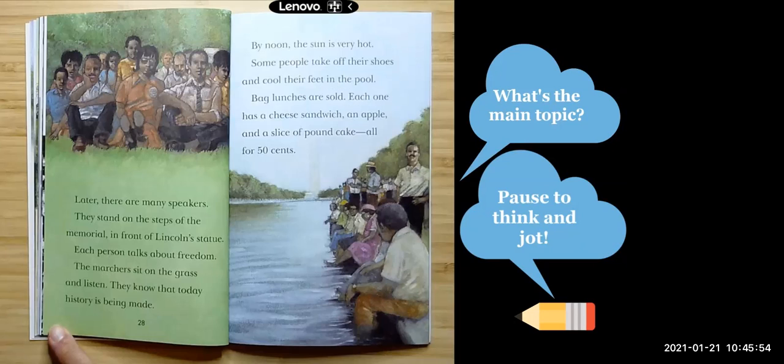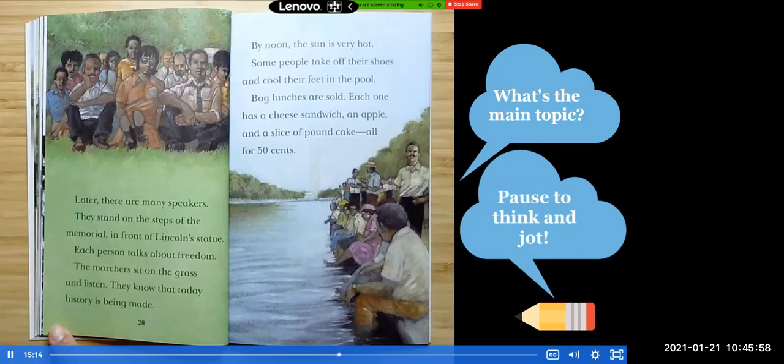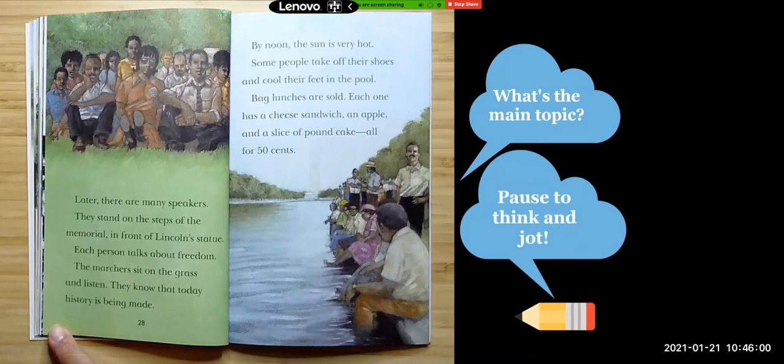Later, there are many speakers. They stand on the steps of the memorial in front of Lincoln's statue. Each person talks about freedom. The marchers sit on the grass and listen. They know that today,